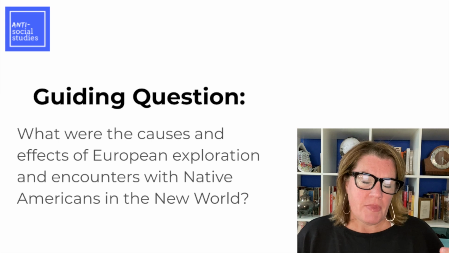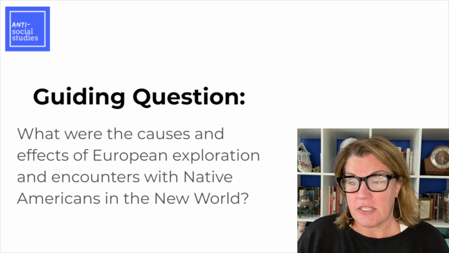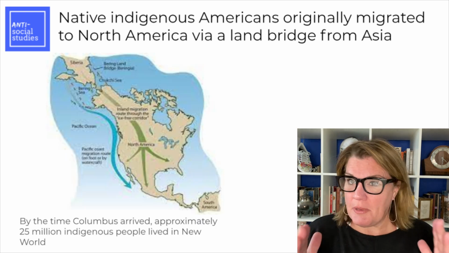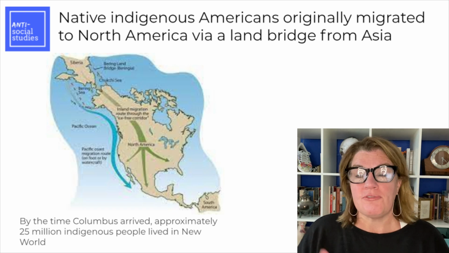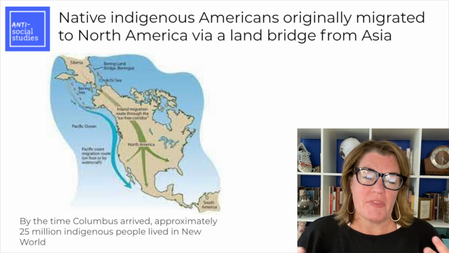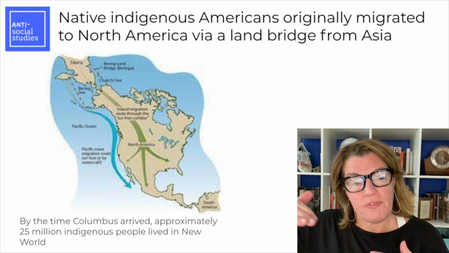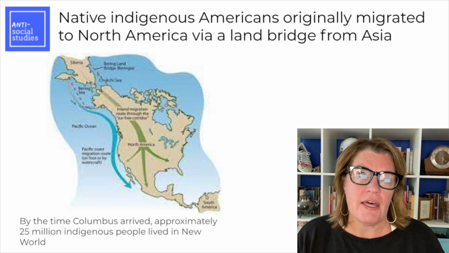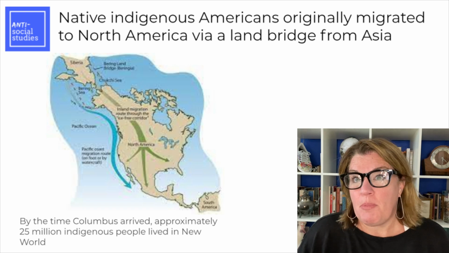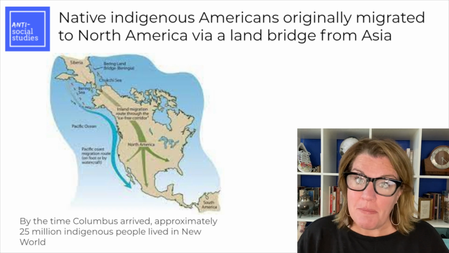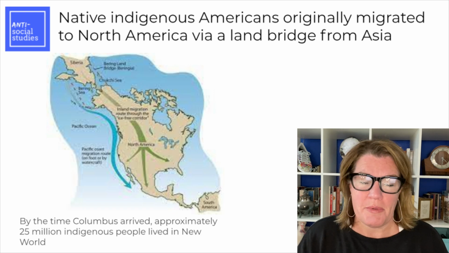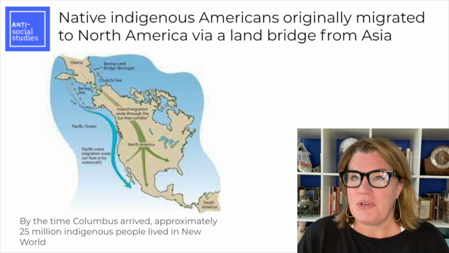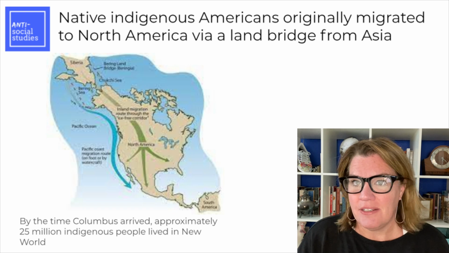Think about the map of North America. There's a very little bit of an intro to life before 1491. The indigenous people migrated over the land bridge from Asia. They settled throughout North and South America. The point you need to understand is that there were people in North, South, and Central America when the Europeans came. It was not just an uninhabited landmass.